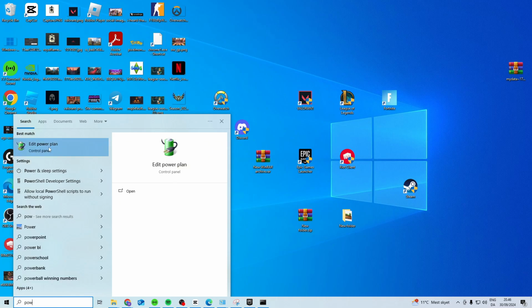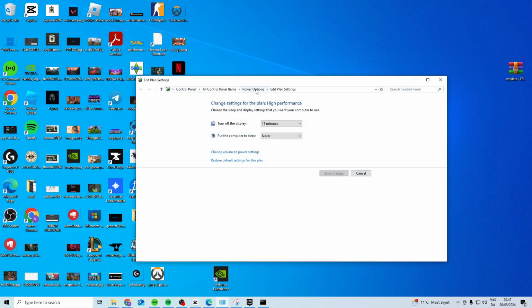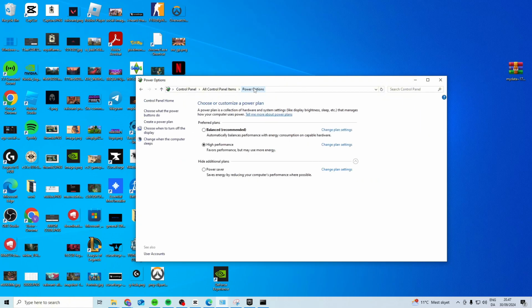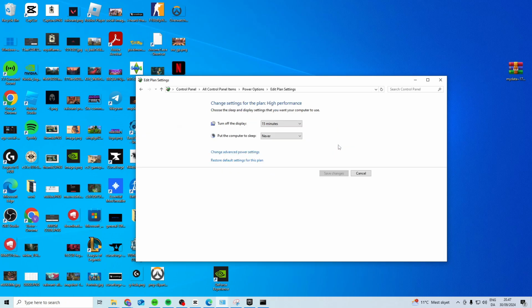Go to your power plan. In here, you want to come back to power options. Choose high performance, change plan settings. In here, you want to make sure that you choose this to never, put the computer to sleep on never. And this one you can play around with, but you can also choose never for this one. I just have it on 15 minutes, but you can choose never if you never want it to go black